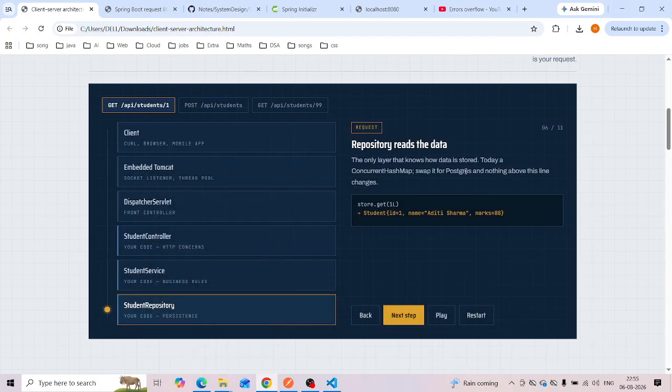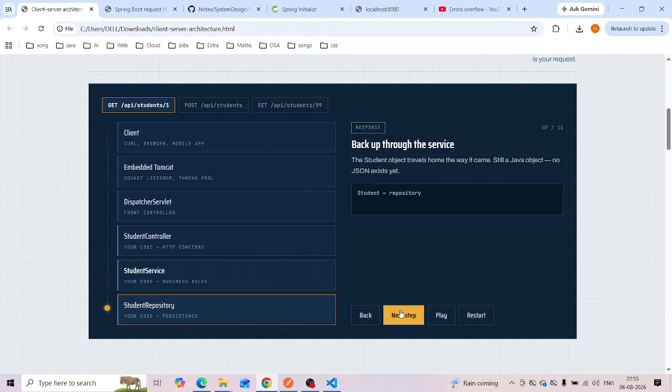Swap it for Postgres and nothing else ever changes. In the real world we will not be using a map, we will be using some real database, so you can swap that. Now store.get(1) and we'll get something like this, and then the next step.